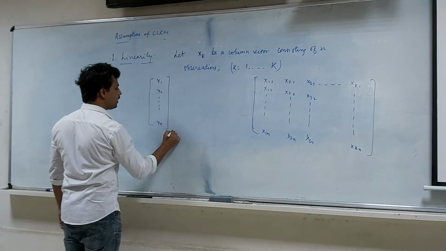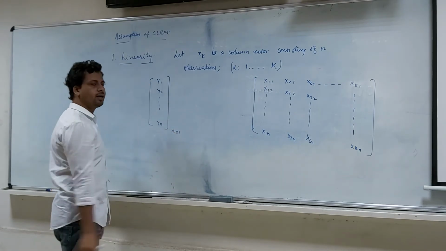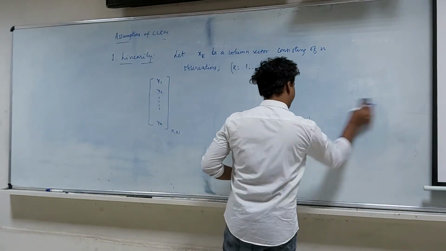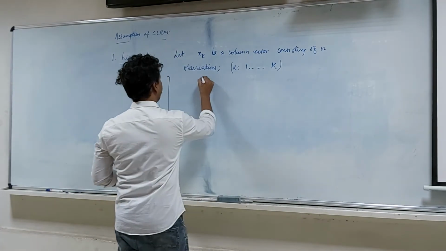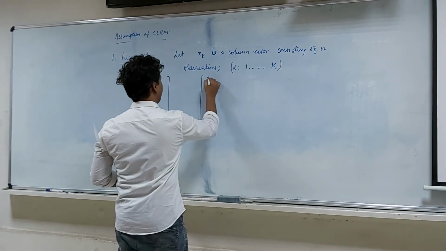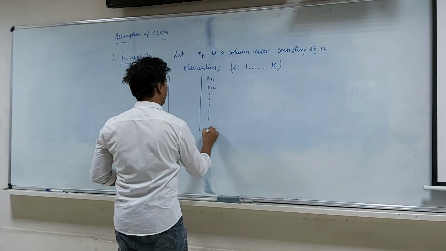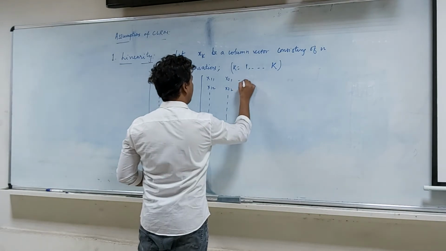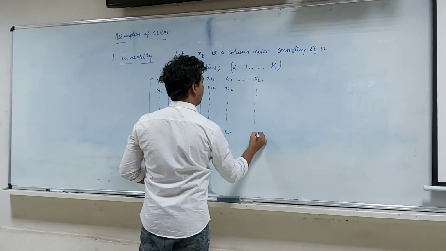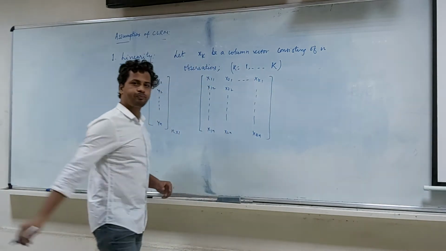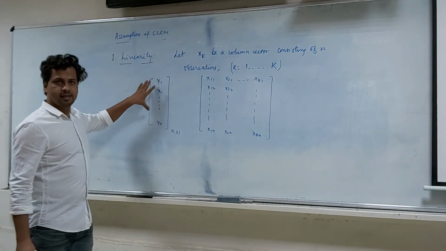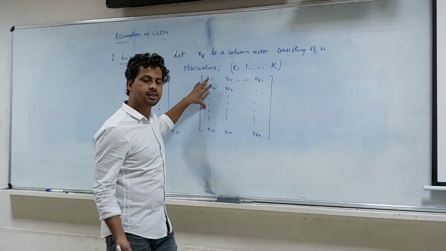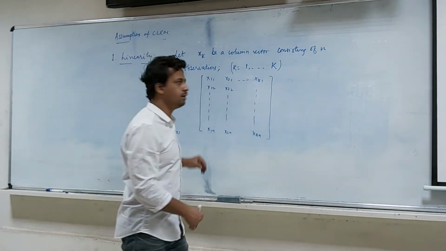So this is a column vector consisting of n number of observations. That's why I'm writing it here. Let me write this. And if I have n observations on the dependent variable, n observations on the independent variables, then I also have n observations on the random disturbance. So I write this as